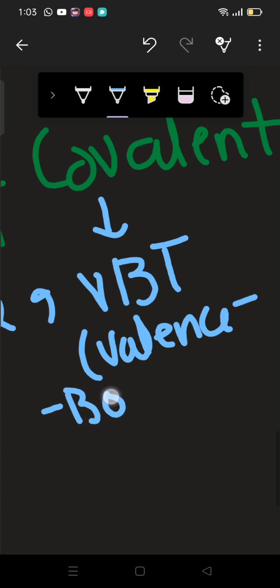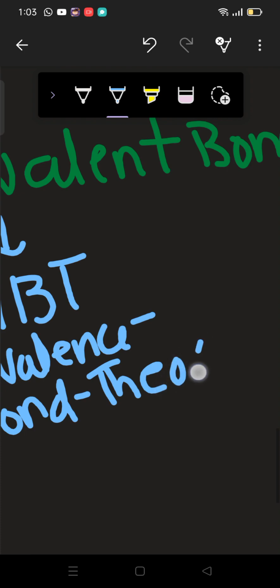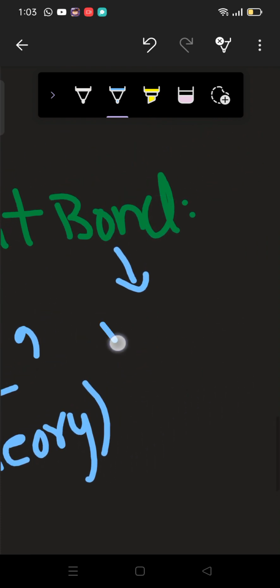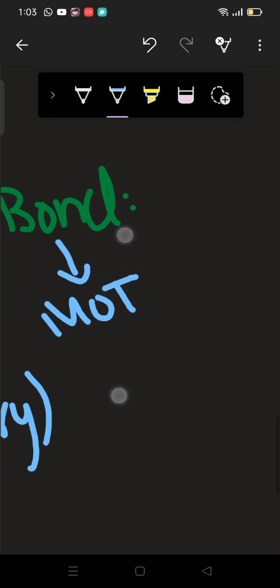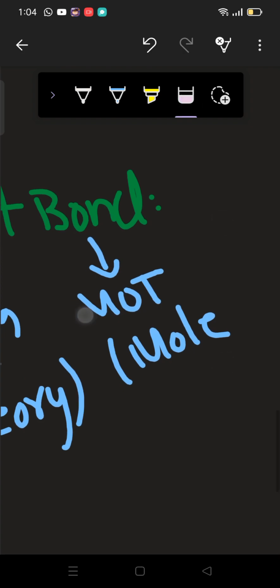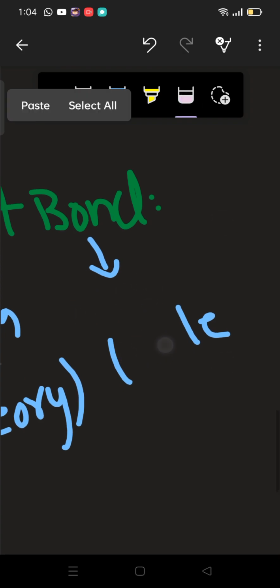Then we're gonna have here MOT, which is molecular orbital theory, or initially we will be studying the VSEPR,